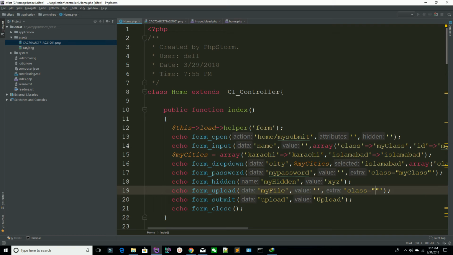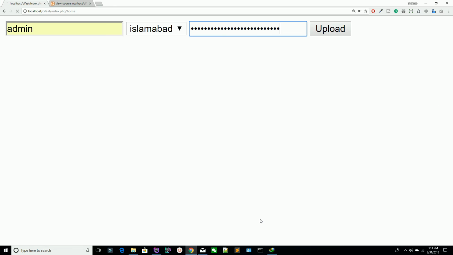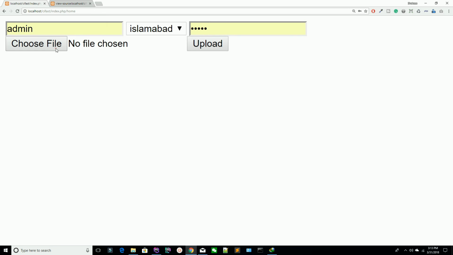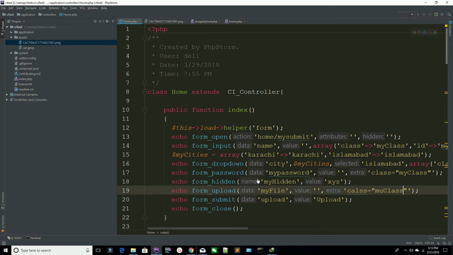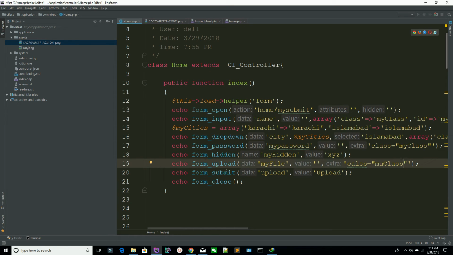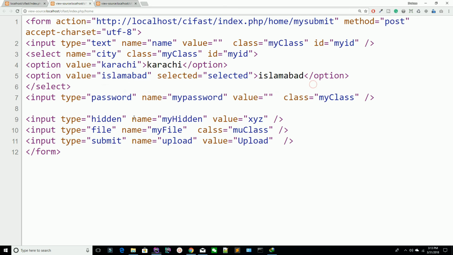Suppose you are passing more than one attribute, like class and ID, so you can pass an associative array here. Okay, it's totally up to you. I am saying this is my class. Go to your page, refresh the page. You can see we have just created the file input, and you can also view page source. So you have an input type equal to file. You are just using the functions and passing some arguments. Now it's the duty of CodeIgniter. It's automatically generating the code for you. Okay,